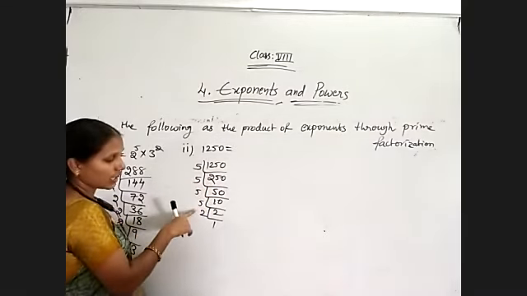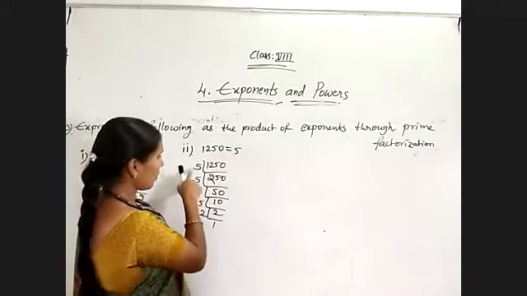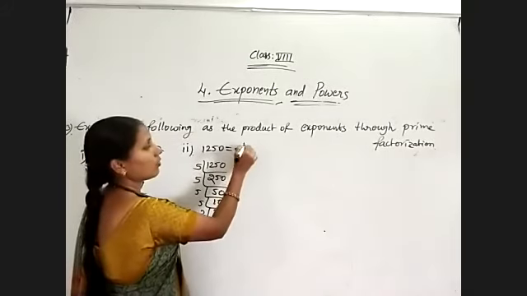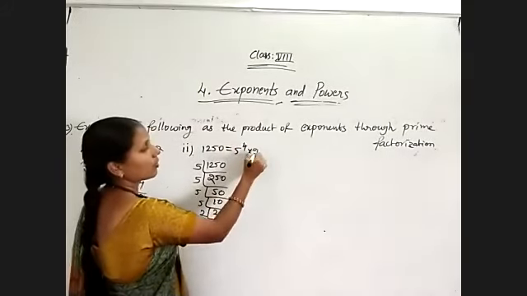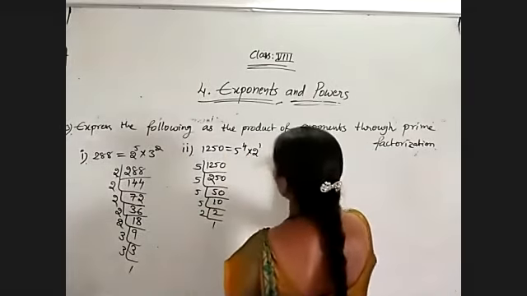5 came 4 times and 2 is multiplied once. That is 5 to the power of 4 (1, 2, 3, 4), into 2 to the power of 1. That is simply 2 also we can write. And third question is